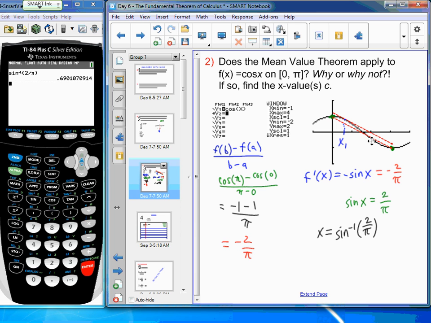Michaela. What if the interval was 1 to pi? How would you find where the tangent line is parallel to the secant line? That's a great question, and exactly what we still need to do, because we've only found one place where the slope of the tangent is equal to the slope of the secant. As you look visually, Michaela notices there's more than one place. Isn't there another place where the slope of the curve is equal to the slope of the secant line? Yeah, about somewhere around here, isn't there?